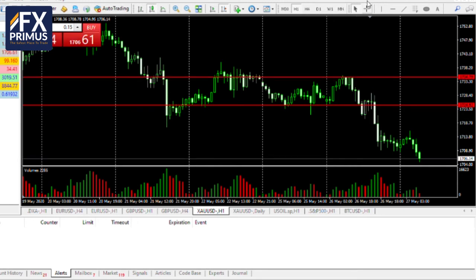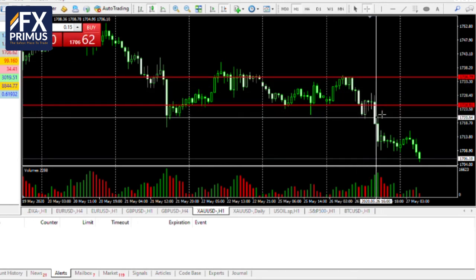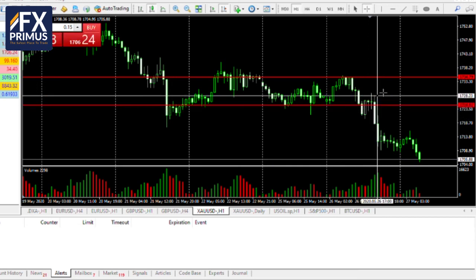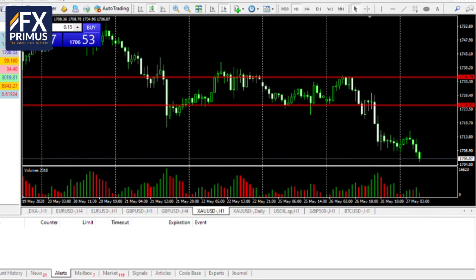Then the third move of the day came at about this time, 1600 plus 5, 2100 hours. It comes down from 1,728 to a low of 1,709. Okay, so the third move yesterday was during the evening, and it came down about 19 US dollars. So throughout the day, we can see gold prices from the afternoon session to the evening coming down about 25